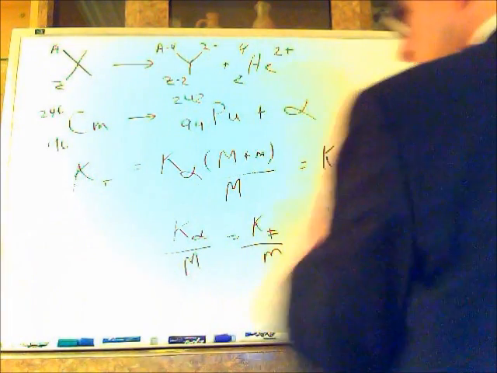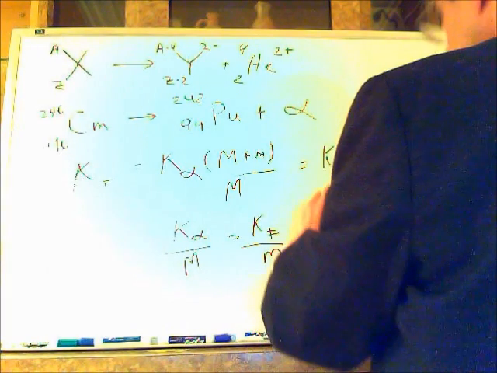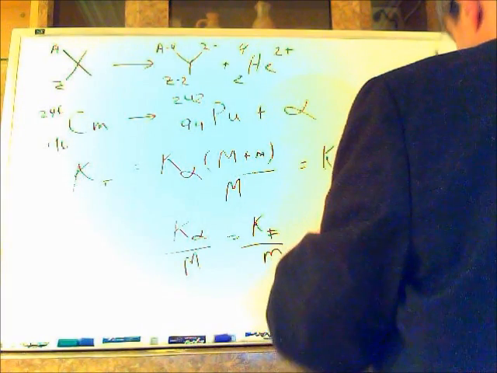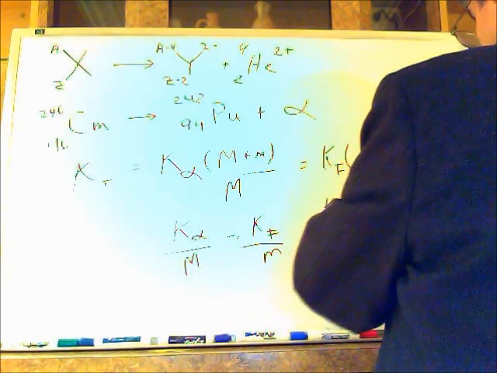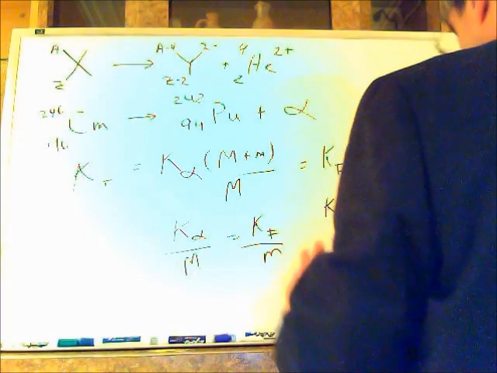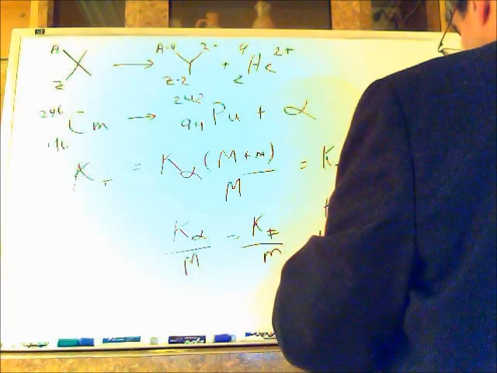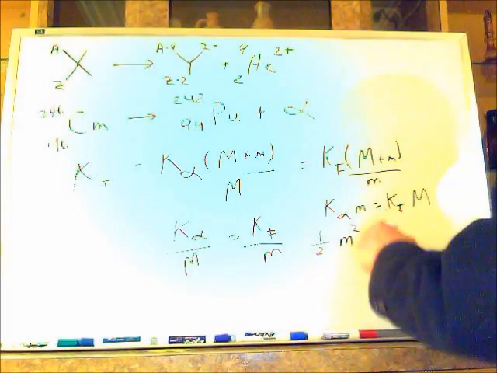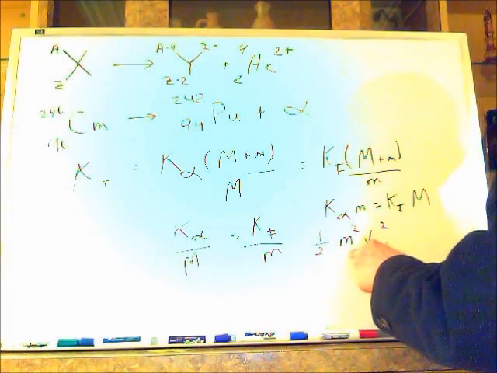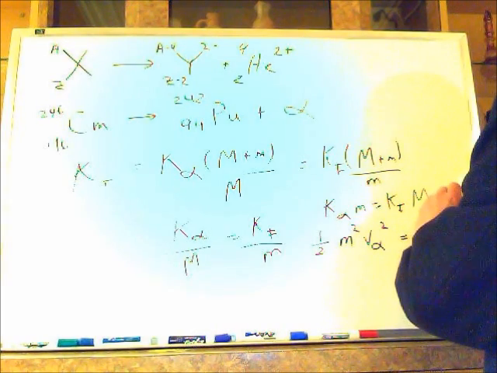I'm sorry, I forgot one step here. I want to multiply everything out here. So I really want to express this as k sub alpha times little m equals k sub f times big M. Now I can actually do my substitution, which is 1/2 m. This is going to give me 1/2 m squared v sub alpha squared. So I had 1/2 mv squared times m, which is where I got the mv squared, and that's going to be equal to 1/2 m capital M squared